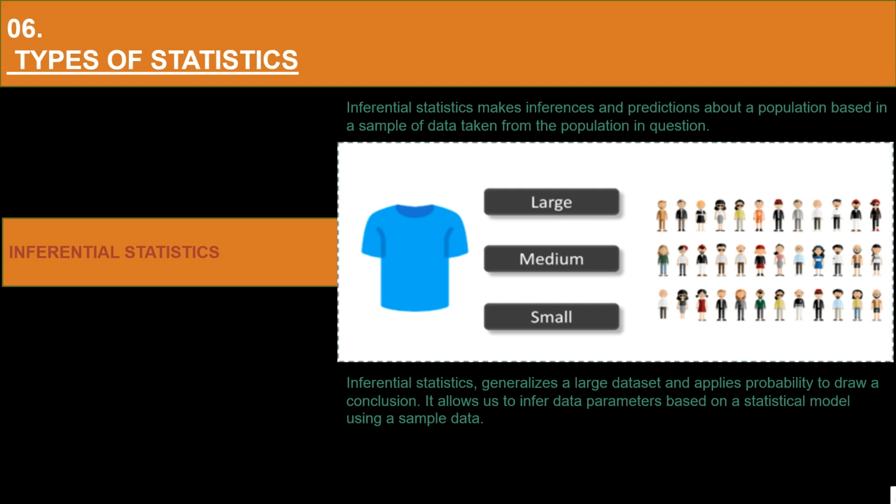And if we consider the same example of finding the average shirt size of a student in a class, in inferential statistics, you will take a sample set of the class, which is basically a few people from the entire class. You already have grouped the class into large, medium and small. In this method, you basically build a statistical model and expand it for the entire population in the class. So guys, that was a brief understanding of descriptive and inferential statistics. So that's the difference between descriptive and inferential.